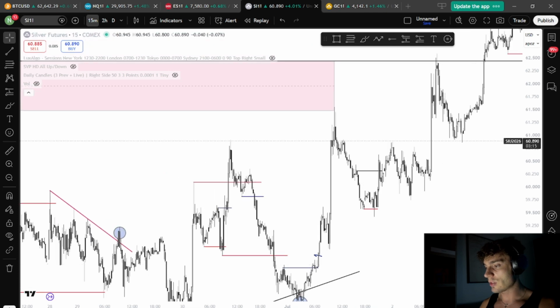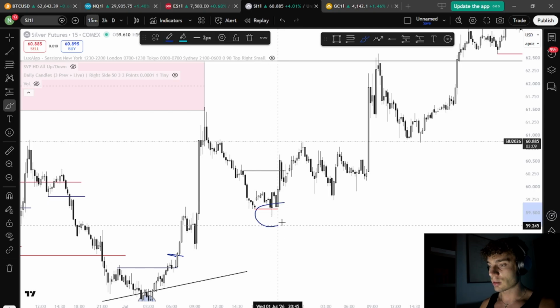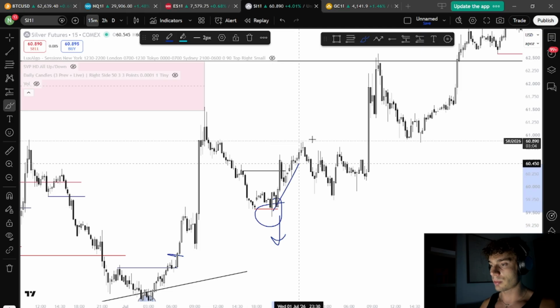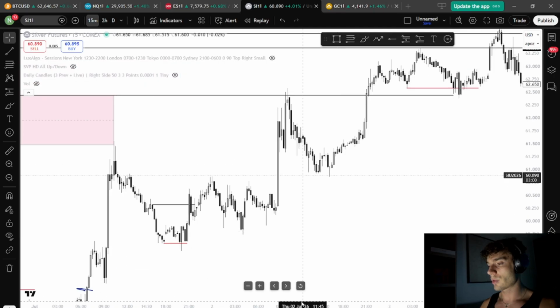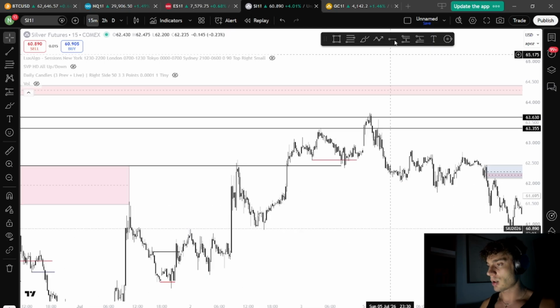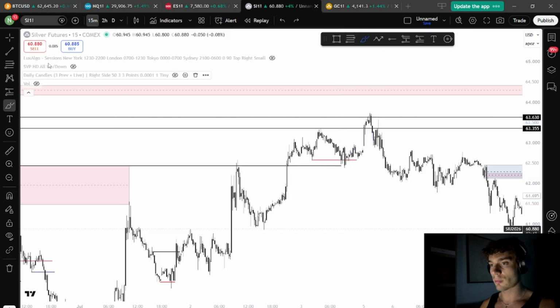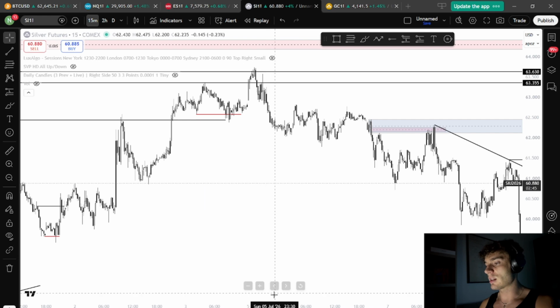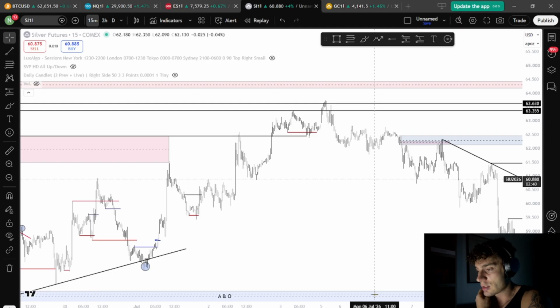Look at this. Every single time the market wants to make a move, it swipes the internal low. Boom. Swipe, sellers are induced, market pushes up the other way. Boom, boom. Then we continue higher. Look at this. Market wants to go up, sellers are induced to sell, boom, market pushes the other way. Like I can show you 10,000 examples. That's why I didn't even prepare for this video, because there are so many examples you can see on any